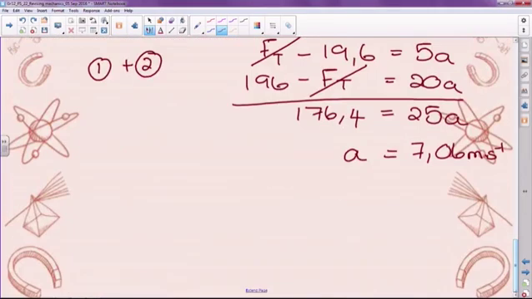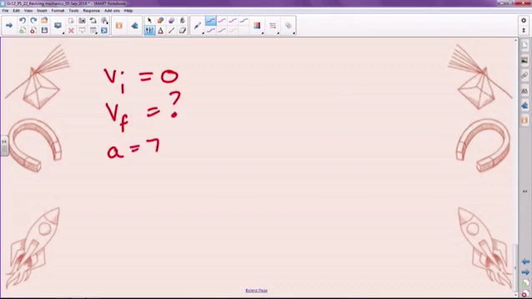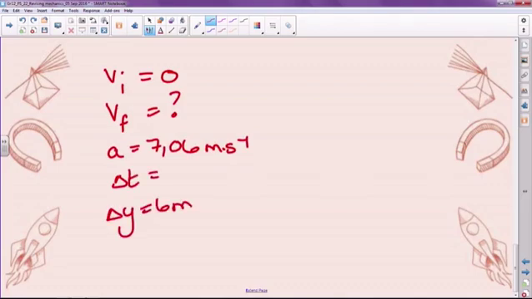So if we go down here and we say, fine, let's do this with what we know. VI is 0. They wanted to know what speed it hits the ground with, so VF is what we're looking for. A is the 7,06 that we've just worked out. Delta T we don't know, and delta Y is 6 meters. Now what I've assumed by those values is that down is positive because that's the direction that the 20 is moving in. Okay, so we look at this and we go, well, we want VF and we don't have T,